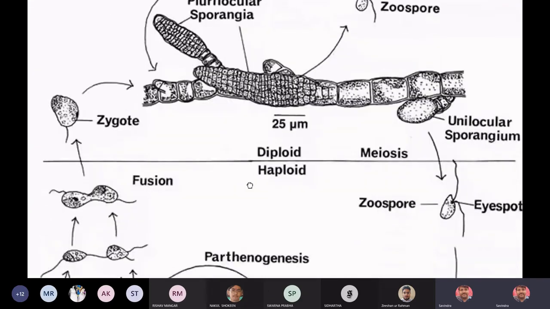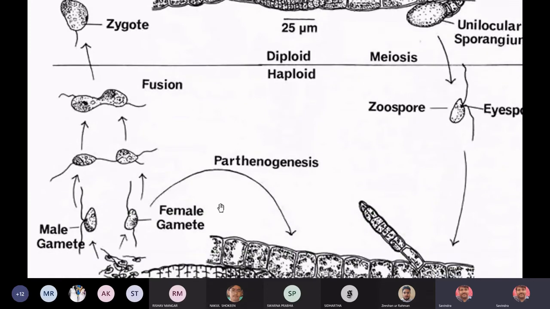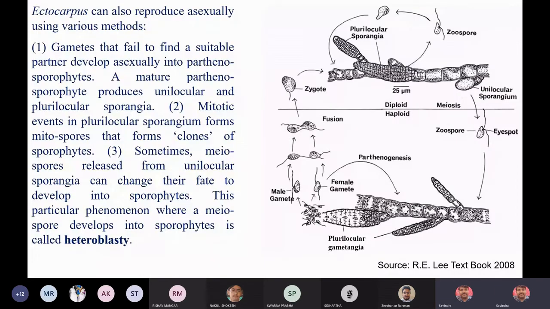इस पूरे केस में हम एक ही चीज स्किप करके आए थे कि sometime it is possible that the gametes, यहाँ पे फीमेल दिखा है, मेल और फीमेल may directly germinate instead of fusion, and this development is known as parthenogenesis. ठीक है, चलो अगर कुछ और पूछना है तो पूछ सकते हैं मुझसे, किसी को डाउट है तो।